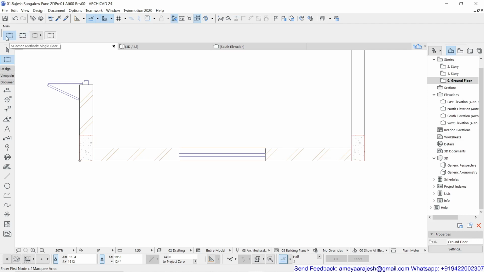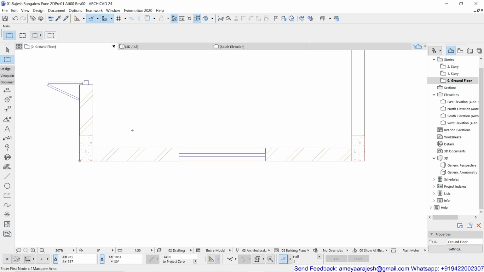So I'll use the single marquee, and if you read the prompt, it is written enter first node of marquee area. Remember, the marquee is generated by using this geometry method, whether it will be a polygon, rectangle or rotated rectangle. So obviously we are working with the rectangle at present.